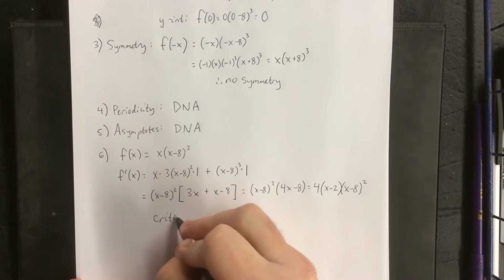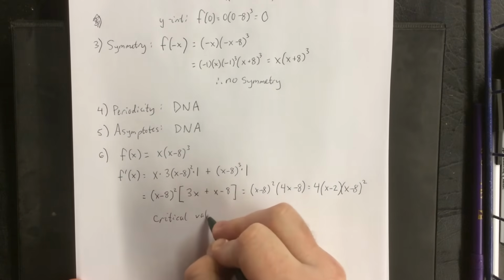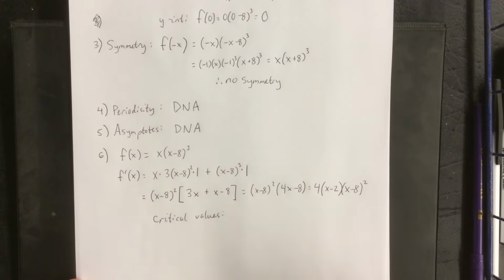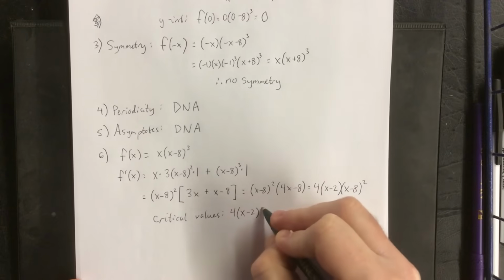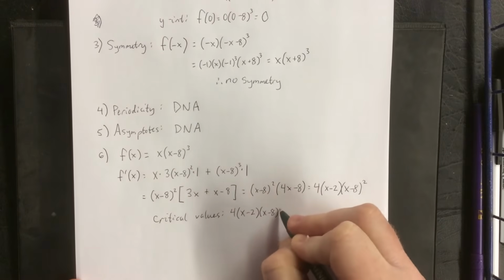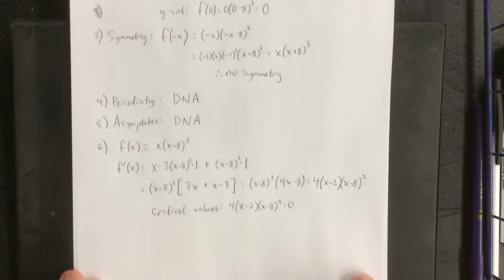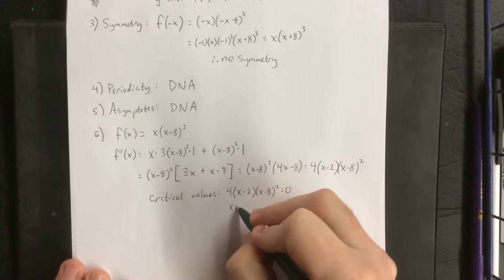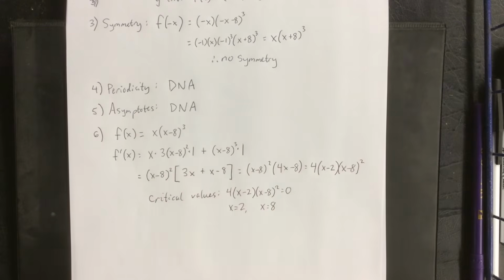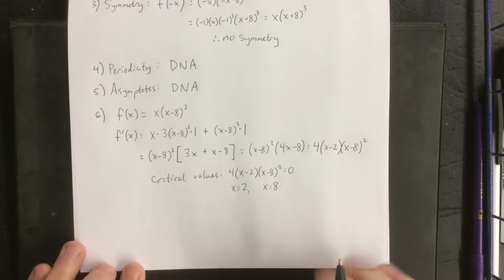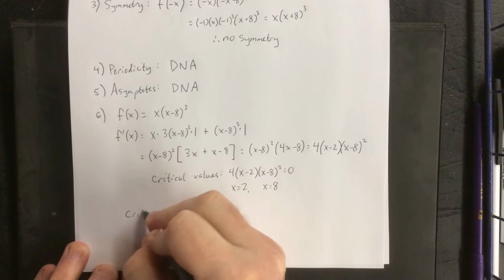We'll refer to these as critical values. I set the first derivative equal to 0. It's a polynomial function, so we don't need to worry about this thing not existing. And we would get critical values at x equals 2, as well as x equals positive 8. Now, I know that those are my critical values. To turn them into critical points,